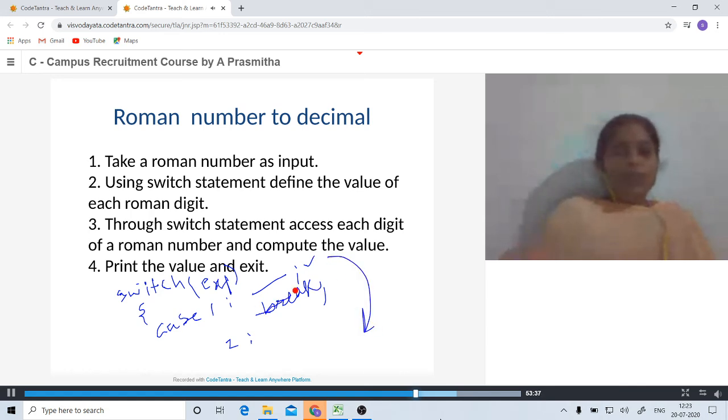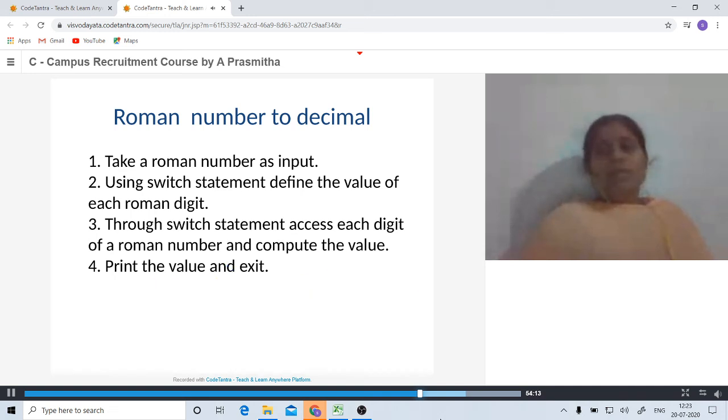Let us suppose you forgot to write the break statement, then it will execute this statement as well as the other statement also until it finds a break statement. So that is the problem if you are not using a break statement. And the second one, these labels need not be in sequence. They can be in any order and they must be unique. They must be either integers or characters. And if no case label matches the expression, you can write any default statements which can be executed when no case label matches the expression. This is how we can write a switch statement.